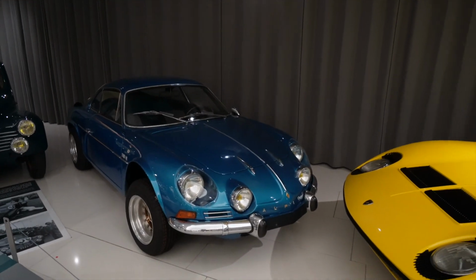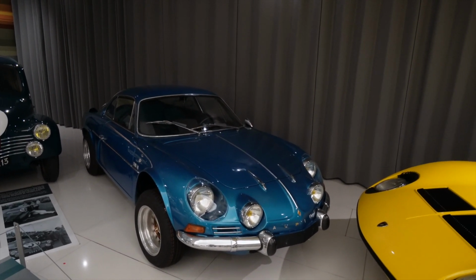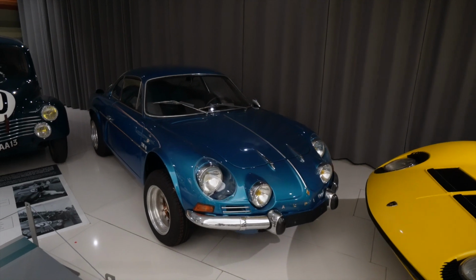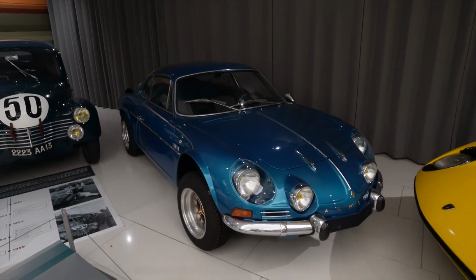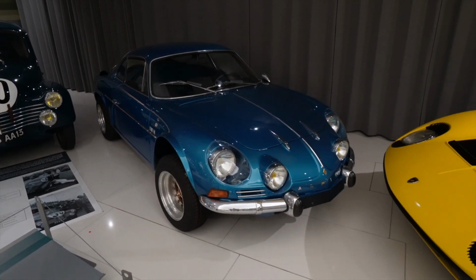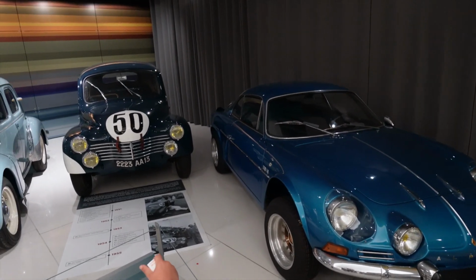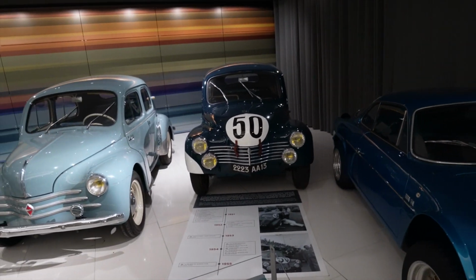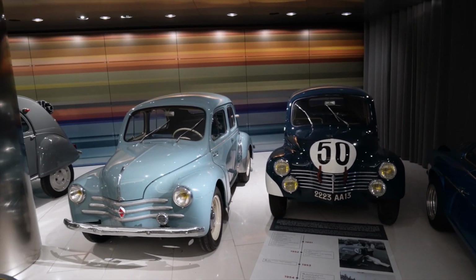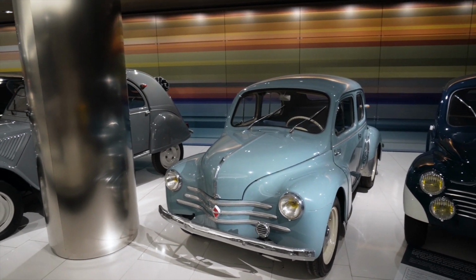Alright, so I admittedly do not know much about Alpine, the company that is what Renault is now called in Formula 1, but I guess they've existed for a while, because this is a 1971 Renault Alpine A110 1600S. Which one is that? That one? This blue one. And then we have all of these Renault ones. That blue one? The one that says 50 on the front? Yes, but...